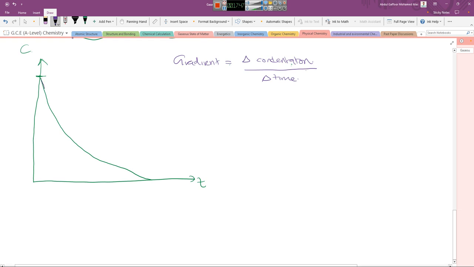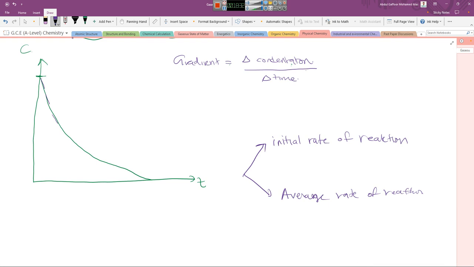So here this is a different gradient, here different gradient, since the slope with the x-axis is varying, right? So now we have two types of rate of reaction: initial rate and average rate. The initial rate of reaction is the rate of reaction at the initial point